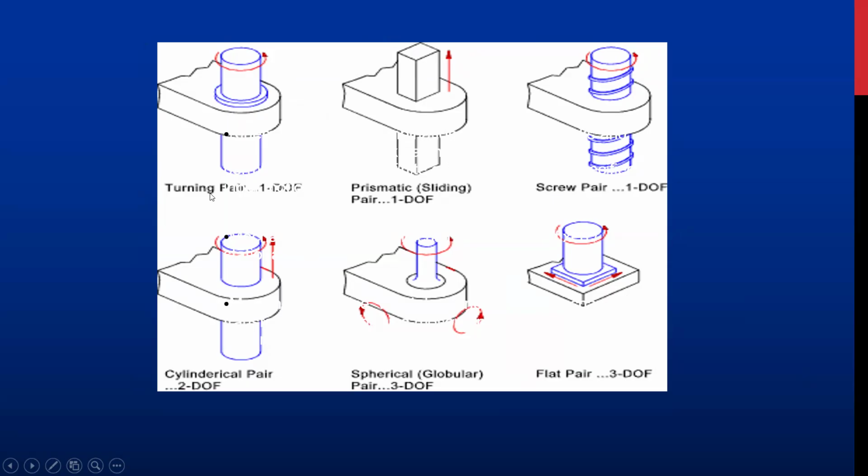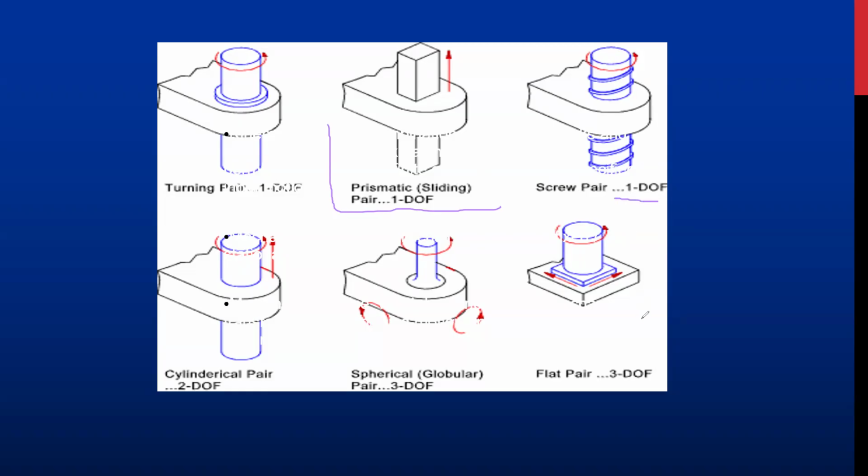Now I'm trying to show you here, we have a turning pair. This turning pair has 1 degree of freedom. Also, we have a prismatic pair right here. We're going to study and understand what we mean by degree of freedom. Degree of freedom means it can only move in one kind of motion, 1 degree of motion. We are going to see that and define that. Then we have the screw pair. Because it is in contact, its motion is also constrained, and it has 1 degree